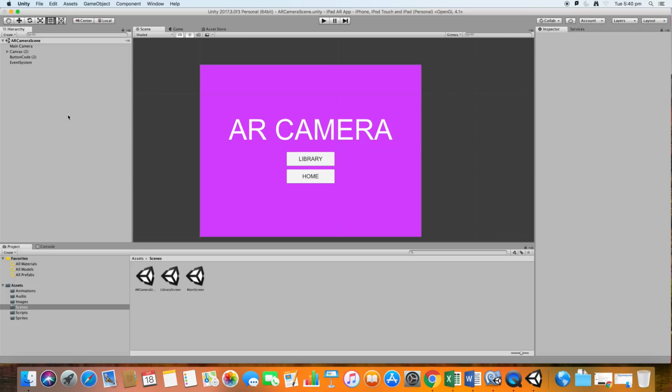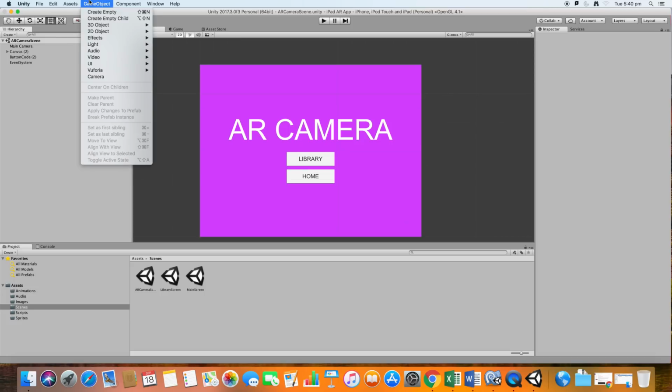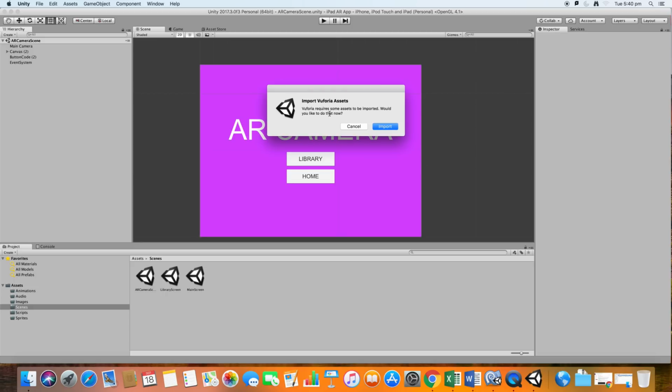Okay, so within Unity, what I'm going to do is choose a game object. I'm going to put in a different camera here, so choose game object and go down to Vuforia. Okay, I'm going to actually select an object here called AR camera. Now there's a range of other things you can do. Okay, we're going to come back to this later. AR camera is the key thing we want. Okay, and Vuforia is actually a specific type of tool or plugin that Unity has incorporated into it now that deals with augmented reality. So just select the AR camera there,